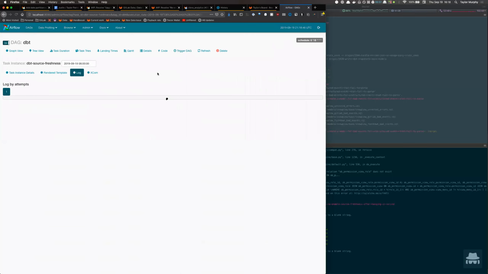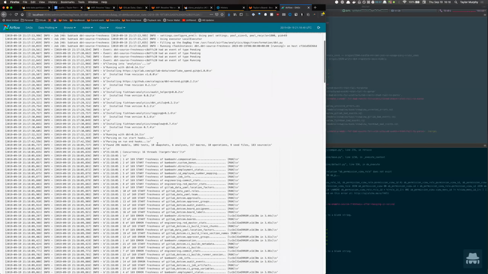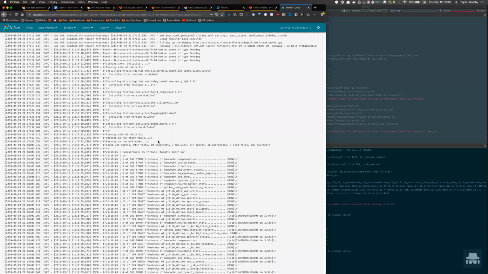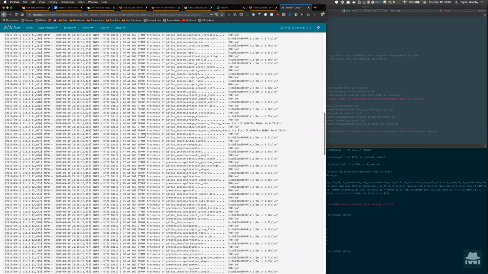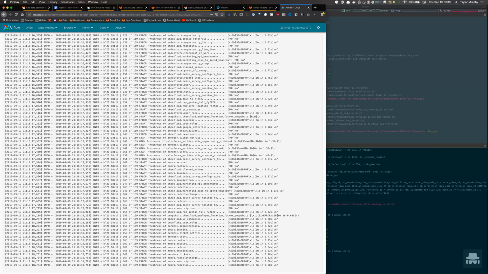It's fine. It just could be such a better user experience. Oh, it actually is working. Boom, here we go. Oh no, it's not working. It's erroring out because it's not going to be able to find the database. Oh man. But that's fine because I don't care about the data for this instance. I just want to make sure it's